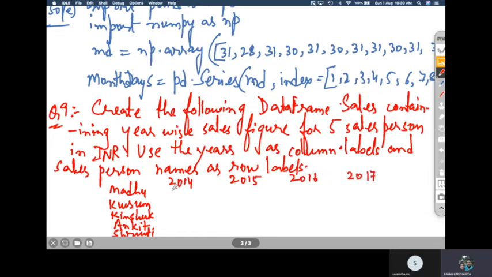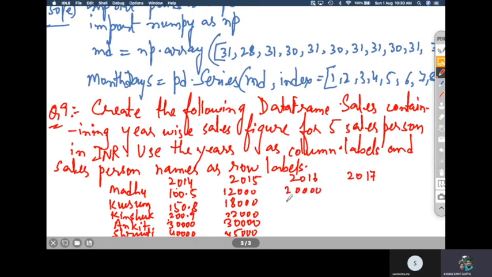And then you will post the data in Indian rupees: 100.5, 150.8, 200.9, 30,000, 40,000, and here 2015, 12,000, 18,000, 22,000, 30,000, 45,000. In 2016 also some values are there.